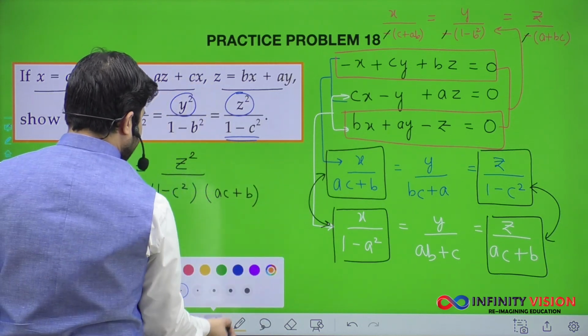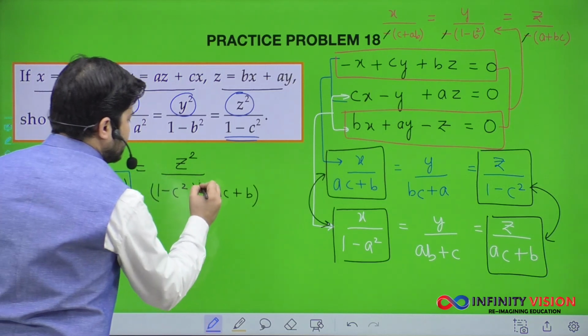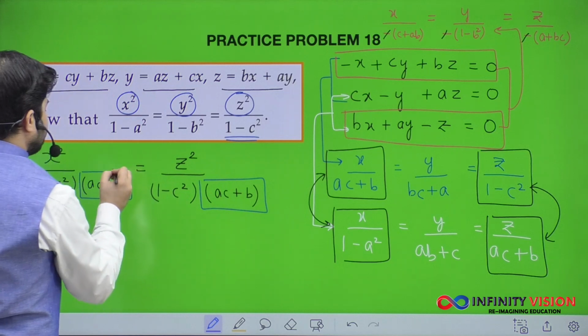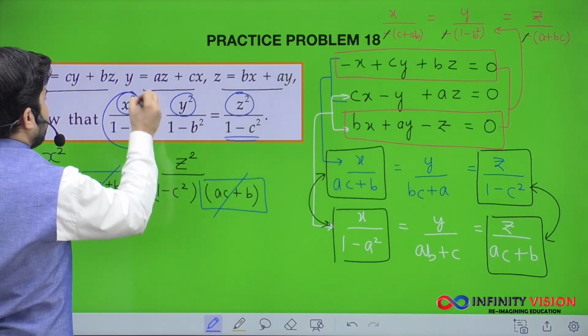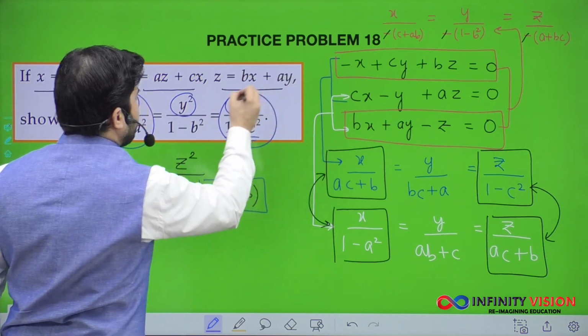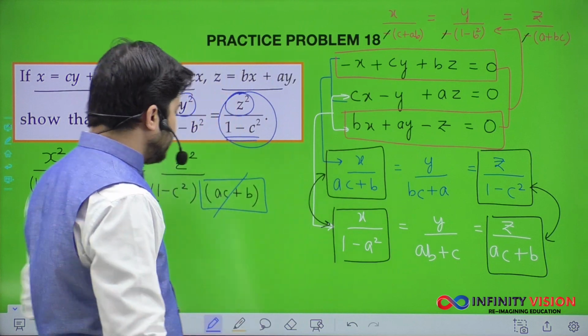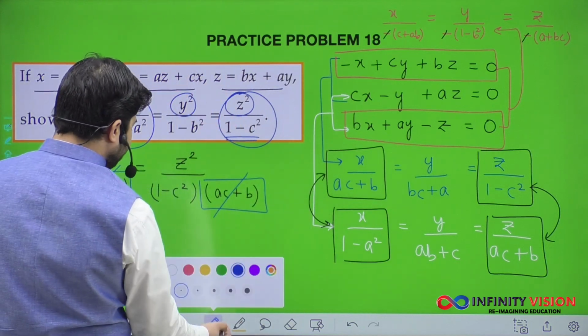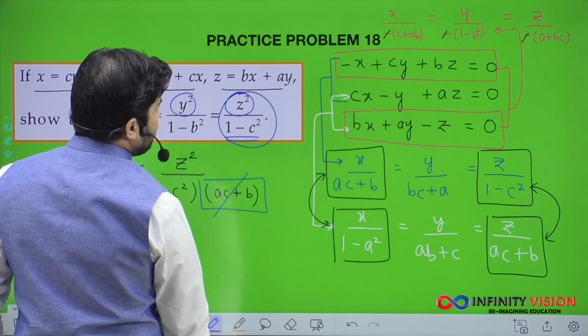Now if you notice, this ac plus b and this ac plus b are common, so we can simply eliminate them, and I can say x square upon 1 minus a square is equivalent to z square upon 1 minus c square. That's one part of the equation we have to prove. Now what about the second part? What we are going to do? We are going to handle